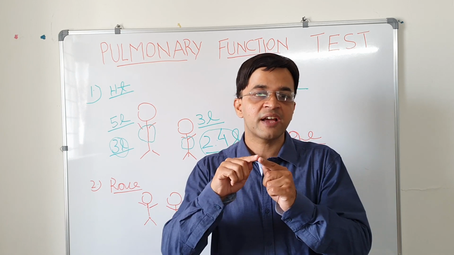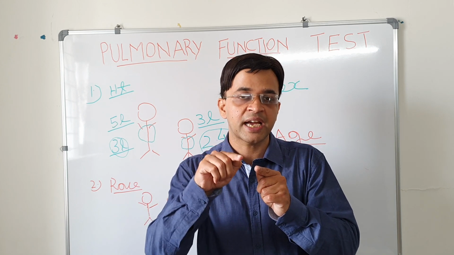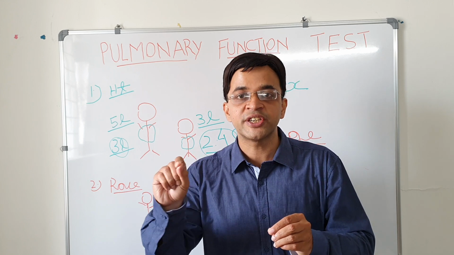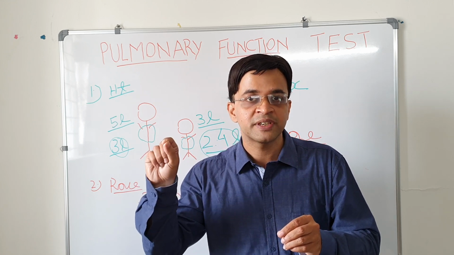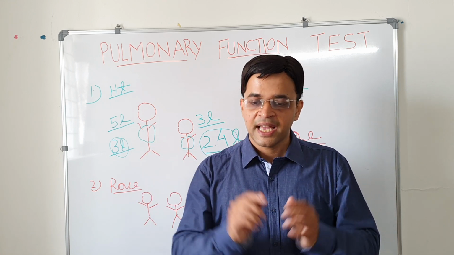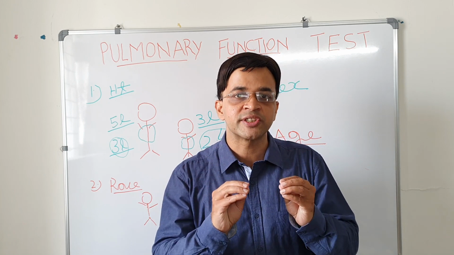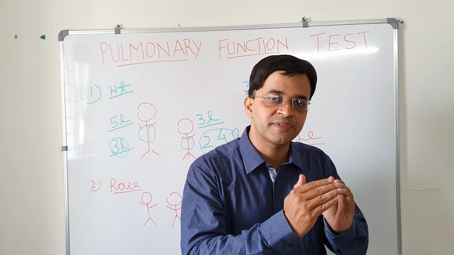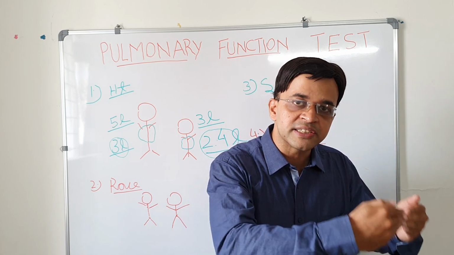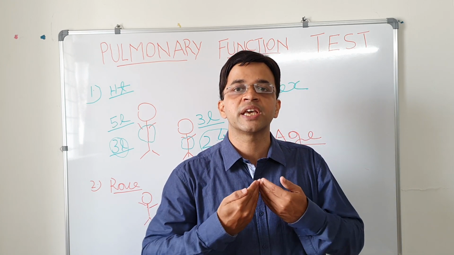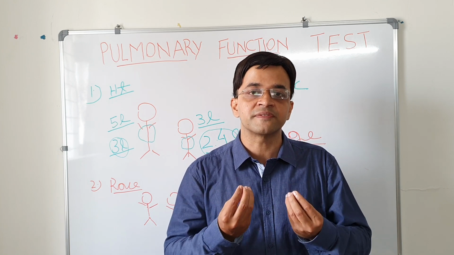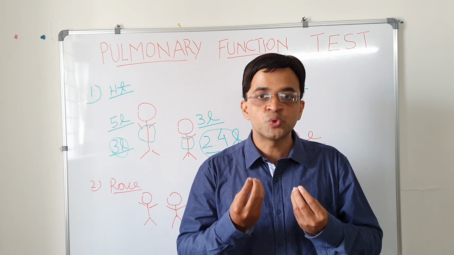That initial effort should be brisk and forceful, and that is seen as quality control in the graph of PFT. And he has to blow continuously for around 5 to 6 seconds, and after that he has to inhale the same amount of air, and this will give us graphs. These two graphs